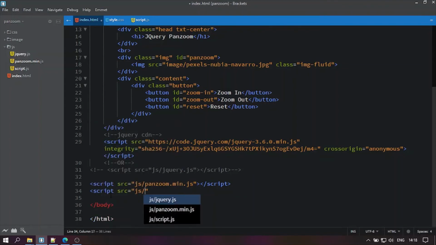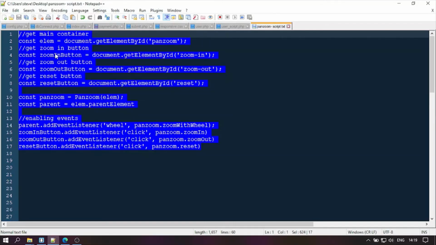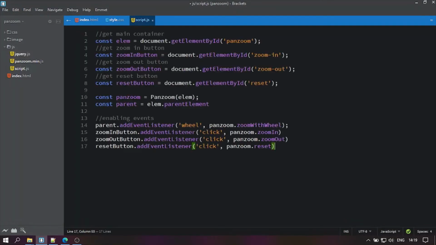Currently script.js contains nothing, as you can see. Just write this script inside the script.js file. As you can see, I also provided some descriptions of these lines. Just save it.